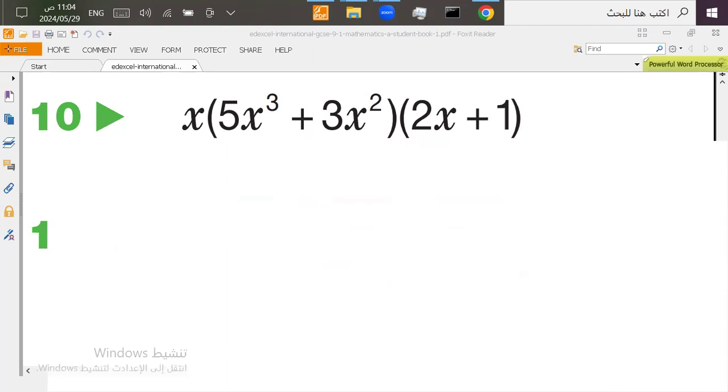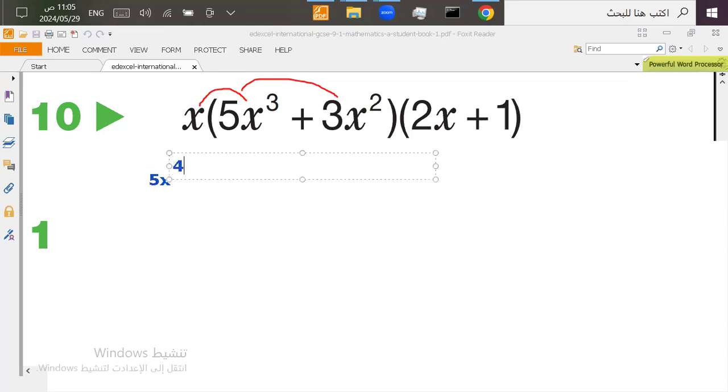Now for 10 here, 5x power of 3 plus 3x squared multiplied by the x. So the first step we have to do, we have to expand the x inside this bracket. So the x must be expanded here, like this. And then we're going to expand this bracket with this bracket. So first, let's expand this. So we multiply x inside. We will get 5x